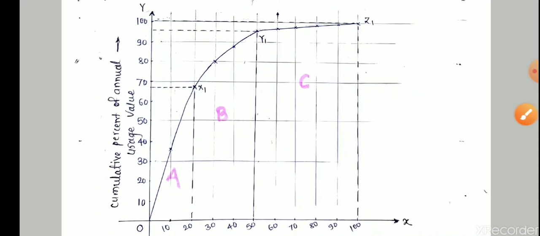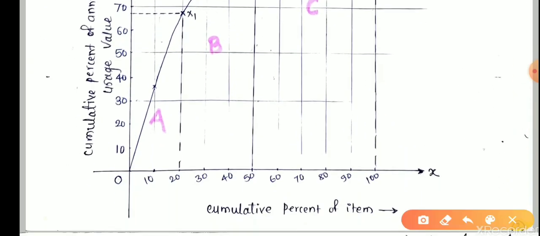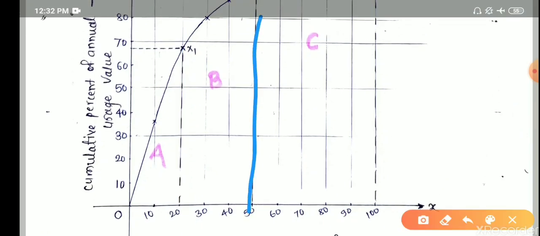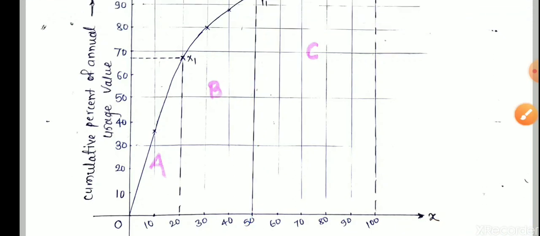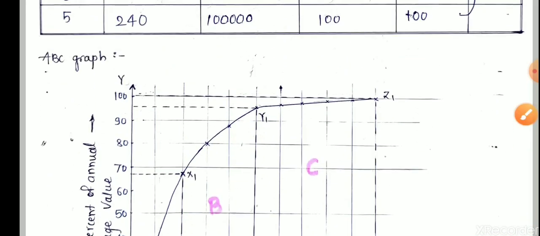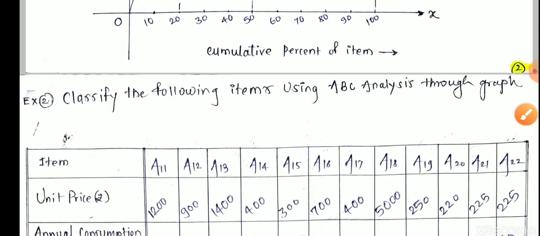It carries a number of marks. The X-axis is titled cumulative percentage of items. Cumulative percentage of items means if we are using 100 items, then 20 items are in class A and its cost is 68 rupees, 68%. Are you getting this? Similarly, A plus B categories get 50% items, and its cost is near about 96%. Not only B, it's A plus B. And A plus B plus C is 100% units and its cost is 100%. Likewise, draw this graph, and this is the final answer of our ABC analysis.